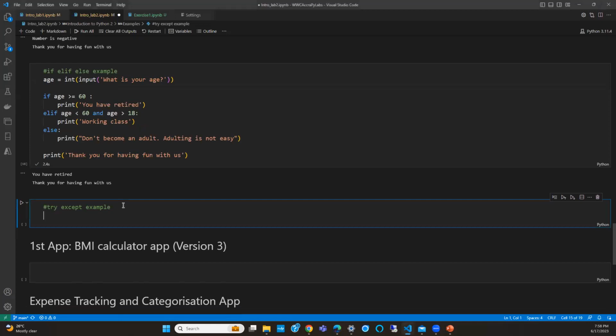So now we go through our try except example. Try except is mainly for catching some errors. And we are talking about runtime errors, not syntax errors, because syntax errors happen the moment you're running the program. So with runtime errors, Python gives you this ability where you can just try running some aspect of your code, and then if something goes wrong,